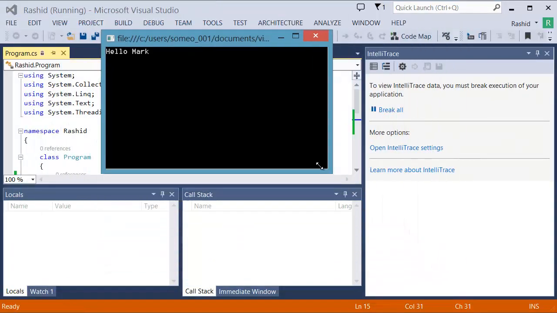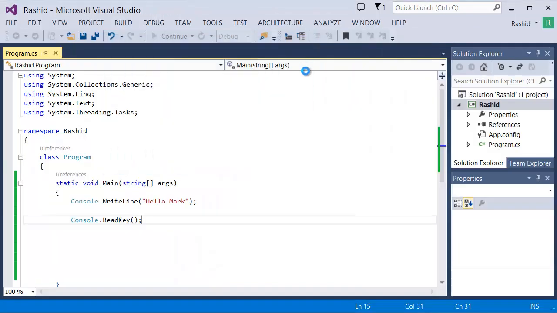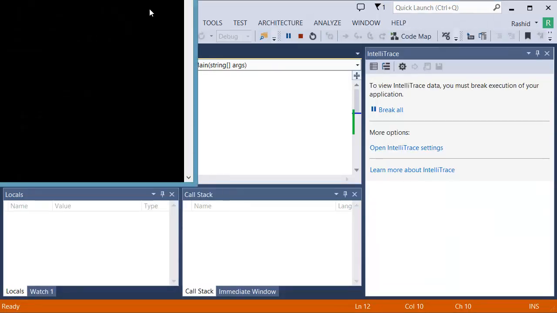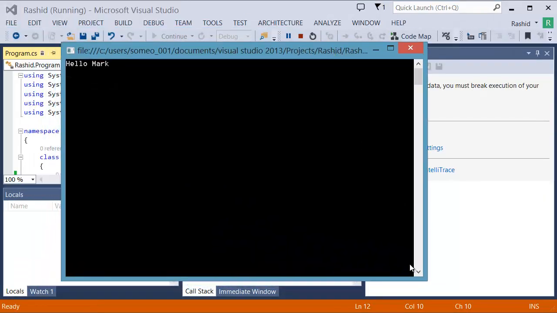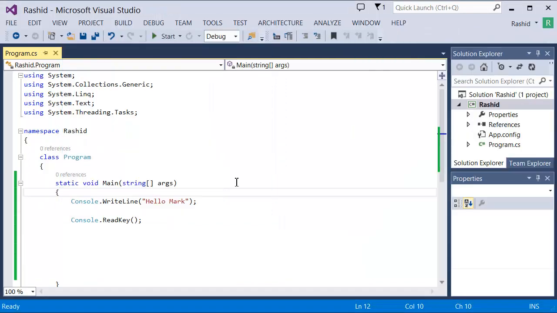You see, hello mark. Guys, congratulations. You've just created your first application. Or if I close this and I just press F5 on my keyboard, I still have the same thing, hello mark. So it's just a shortcut on your keyboard and feel free to use it. Now you have your